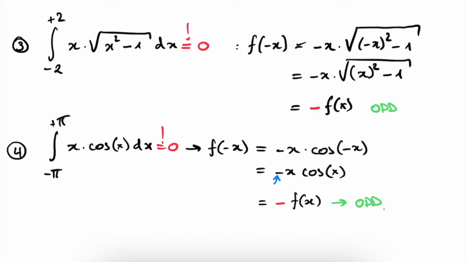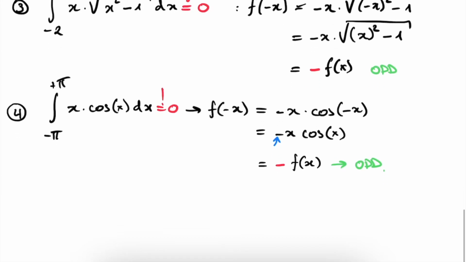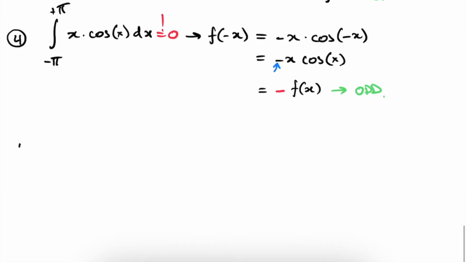And this is actually a good exercise to practice your integration skills. You can simply calculate this integral, like I said, with partial integration, and see whether indeed you get the result 0. Let's go to the next exercise, exercise 5, where we integrate from 0 to pi over 2 of the